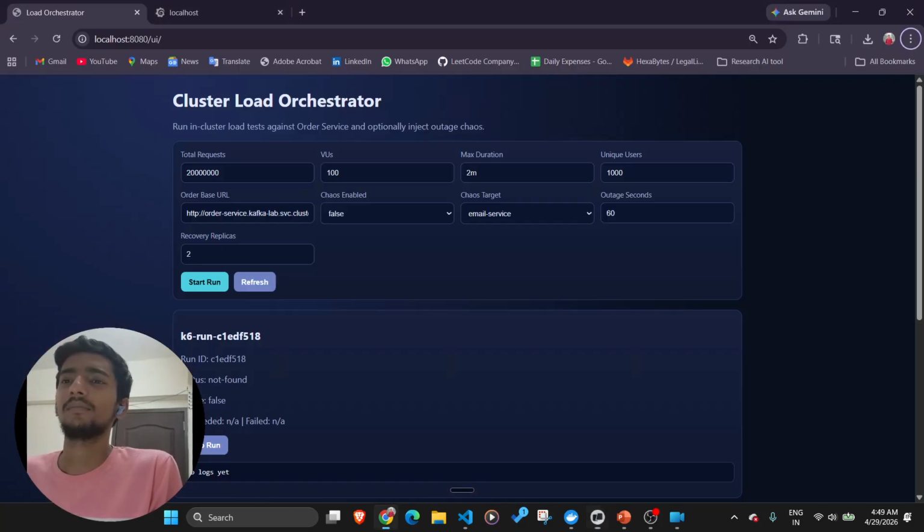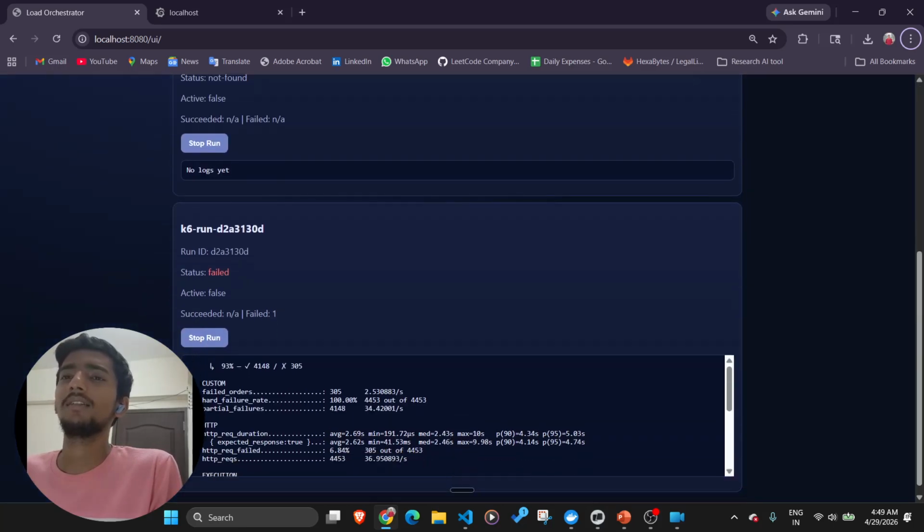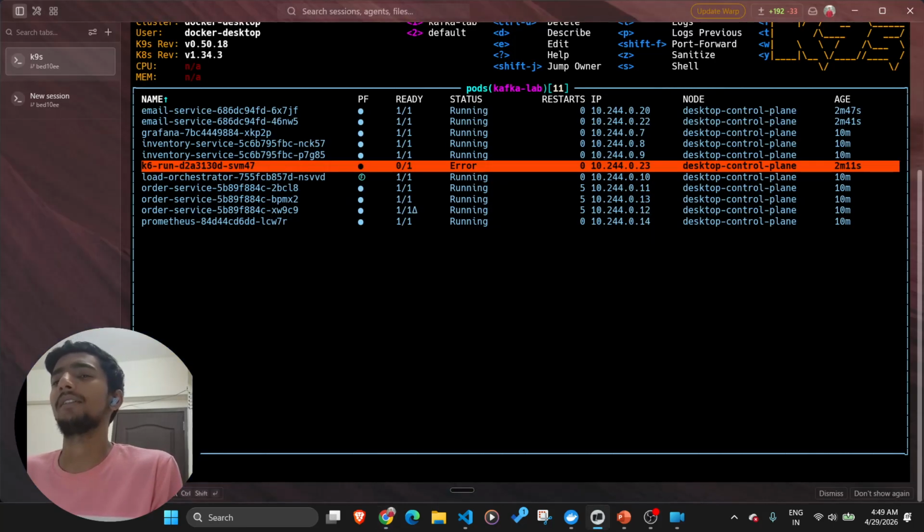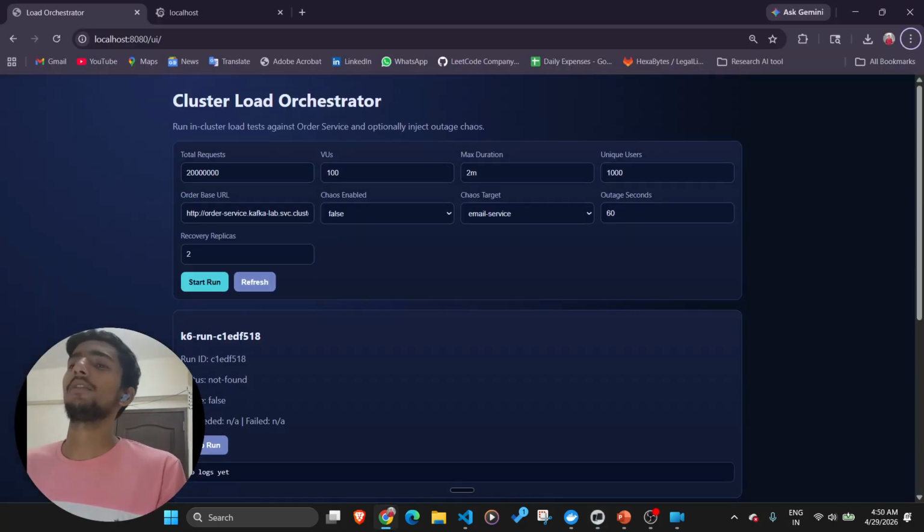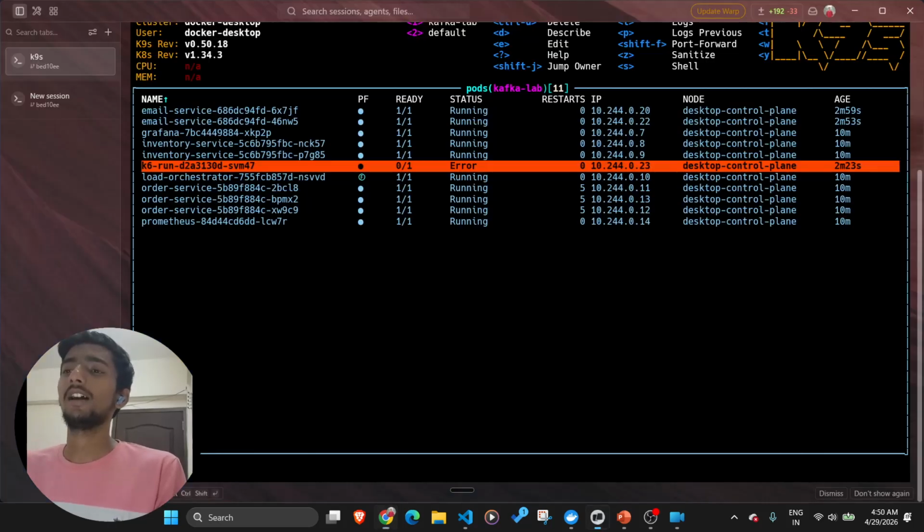So that is the overall scenario that happens when things don't go that way. Your service gets more requests and your pods keep failing. After a certain point of time, I actually wanted to show you the crash loop backoff, but unfortunately it did not happen because it depends on the scenario.